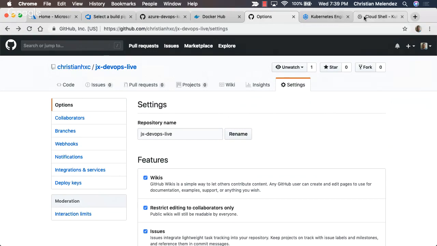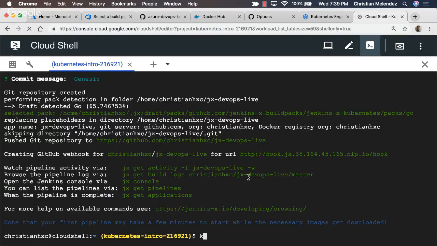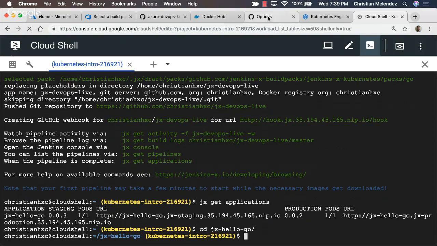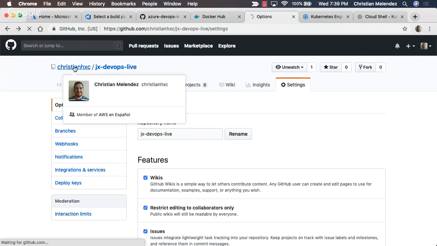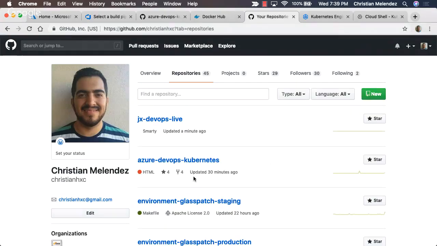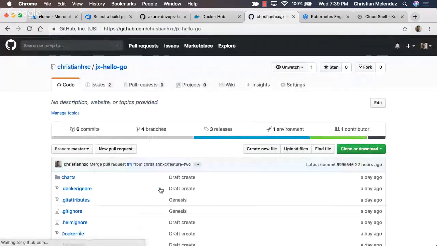So it will take some time there, and you will say, for example, jx get applications, and you will see that it is not running because it is local, so I will have to promote that part. But instead of using that new application, what I just want you to see is how it looks when you're working with an application that is already running with this. So I want to show you a few changes that I did with this application that it created.